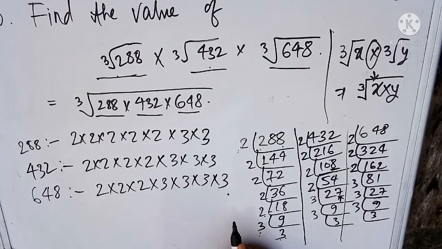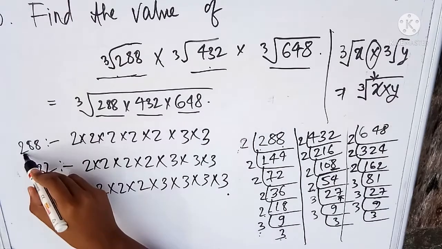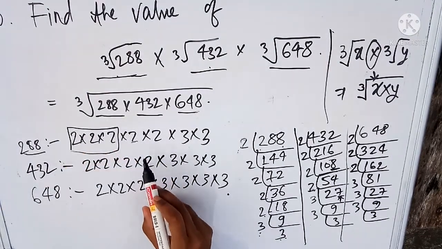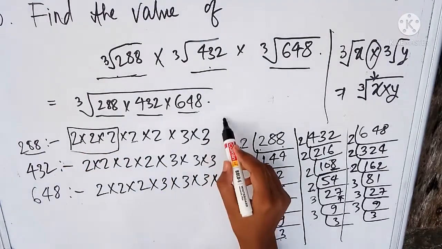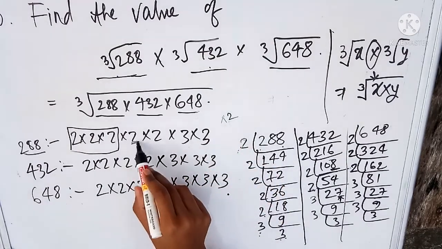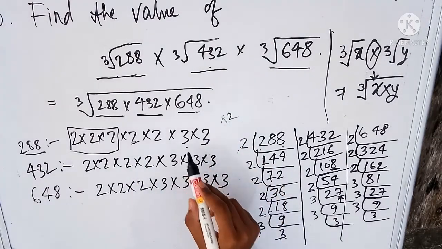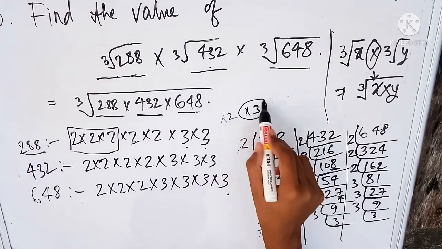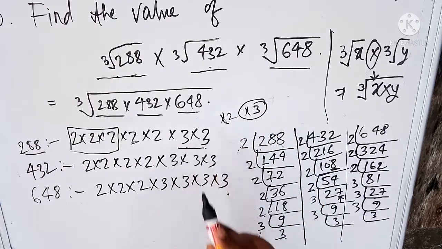So you know that for finding the cube root of any number we need to find the combination of 3 numbers, or a multiple of 3, for every digit present in the factorization. So here in this number 288 we have one combination of 2. Now next we have 2 times 2. If you multiply one more 2, then you can get this combination also. And here we have 2 times 3. So for that you need to multiply one more 3 to get this combination.